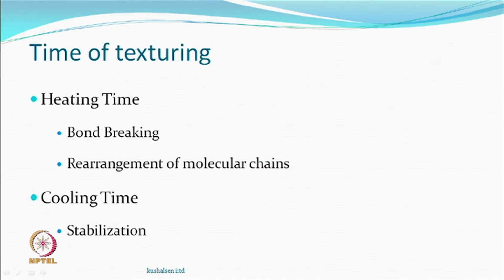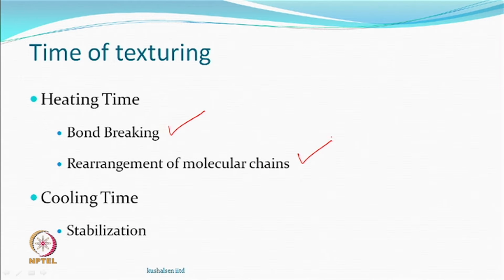So, what is happening? During heating, as required, bond breaking is taking place. That is, you have intermolecular bond breaking, so that you get more freedom, which could be, as you said, partial melting or recrystallization. And then we have rearrangement of molecular chains in the energetically favorable configuration. Either they would crystallize or they may disorient; both are energetically favorable. So, during heating, as we can now recall, the bond breaking and rearrangement will take place, all right. So, crystallization can take place during the heating itself,